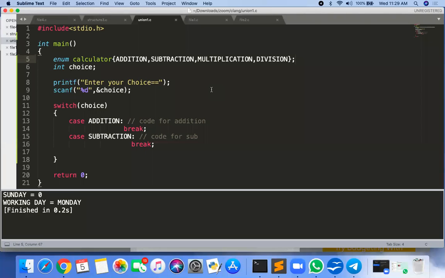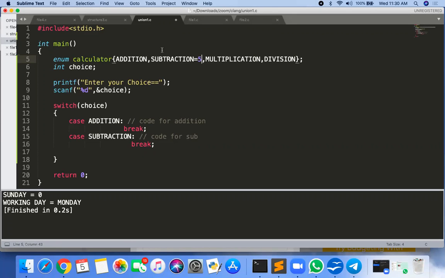Okay, so take some more practice questions on the enumeration also. You can get better knowledge of the enum. But this is the only theory that is related to enum. Enumeration is used to create a symbolic constant. The starting value of the enumeration constant is always 0, but you can reinitialize it also. If you reinitialize it, the subsequent enum constants will change according to the value that you initialize here. Okay.